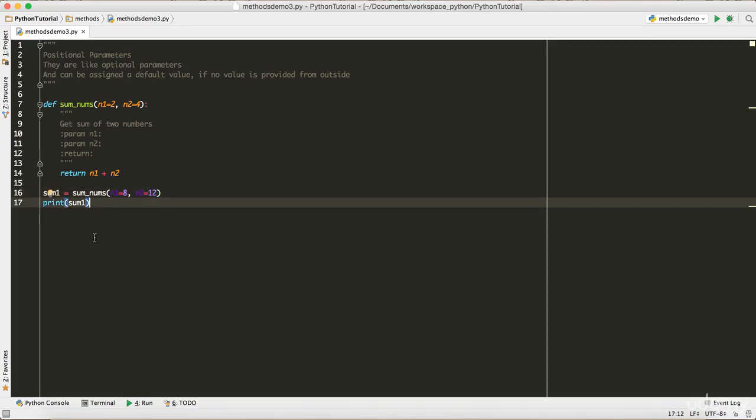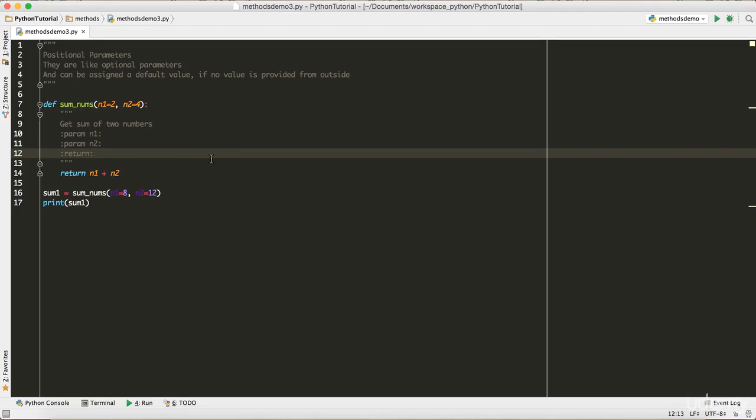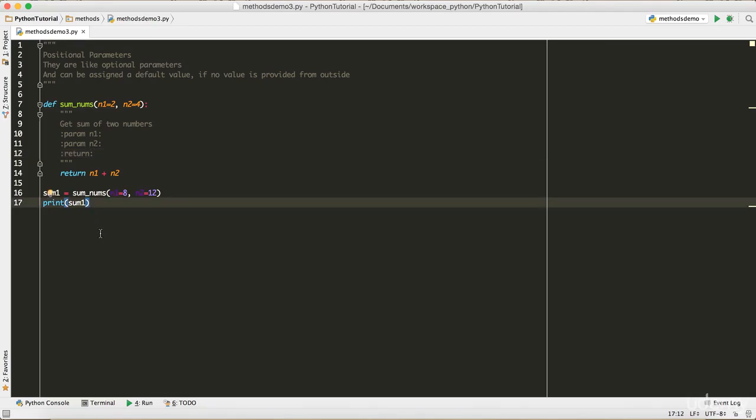This might be difficult to see now, I think you can see. So what I've provided is n1 equals 8 and n2 equals 12, and now I'm gonna run this code again. So now it gave me the answer as 20. So instead of just saying the values 8 or 12, I can assign the values right away when I'm calling, and I can say yes, I want to pass n1 as 8 and n2 as 12.